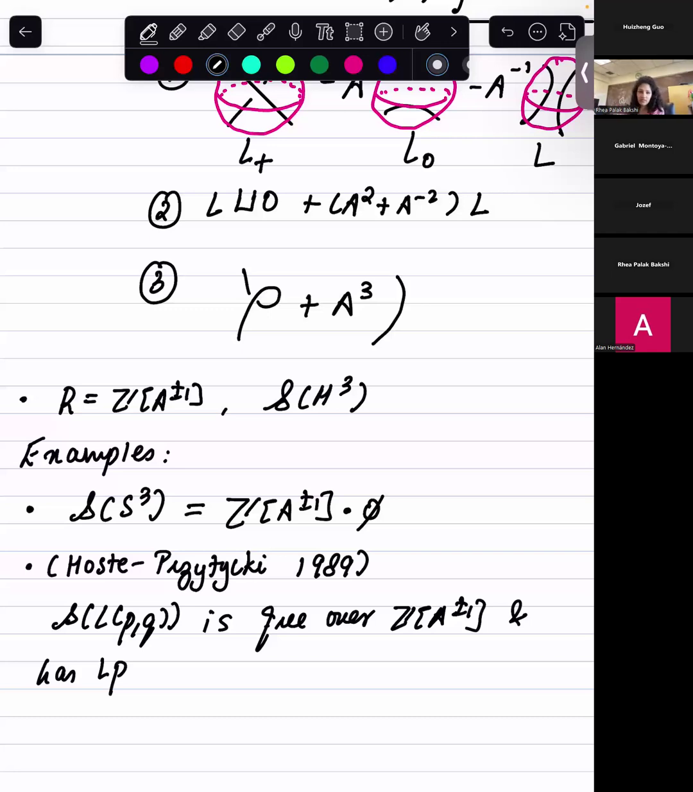because you have the empty link and you have one copy of your module is generated. So one of the generators is the empty link, and